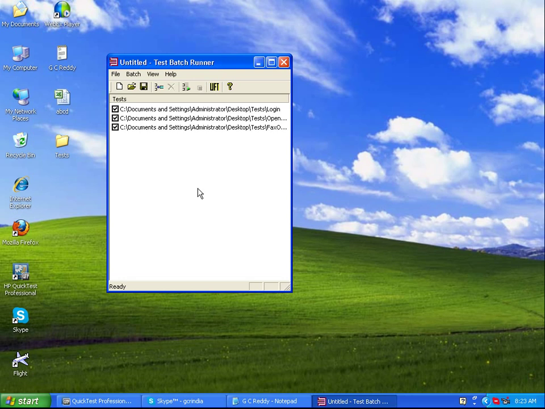See, one advantage of the test batch runner tool: we can execute entire test batches as well as part of the test batches. See, suppose I have 20 tests in my test batch. On the third build I want to execute,